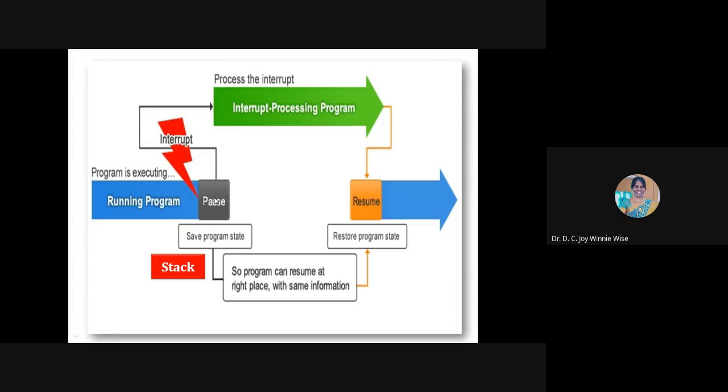Before going to this interrupt service routine, you have to return to the main program after completing that interrupt. So what we are doing is all the status of the program, that is the program counter register and the values of all the registers, everything will be stored in the stack. After pushing all the data into the stack, we are going to this interrupt service routine. Then after completing that routine, again we are resuming back to the main program. The data is already available in the stack, so we are popping it out. We are restoring the program state from the stack, and then we are continuing the main program.